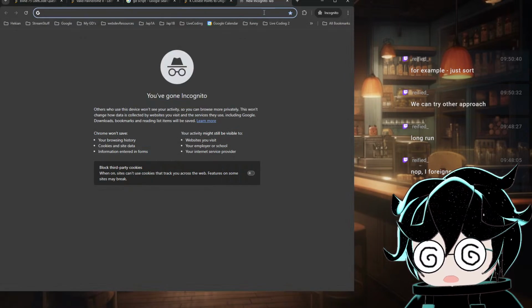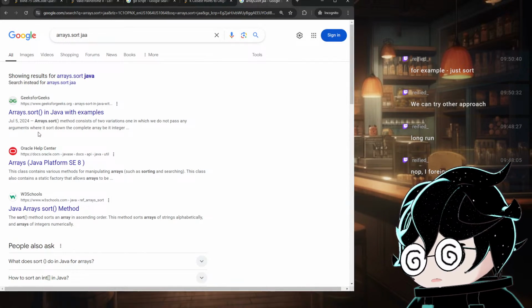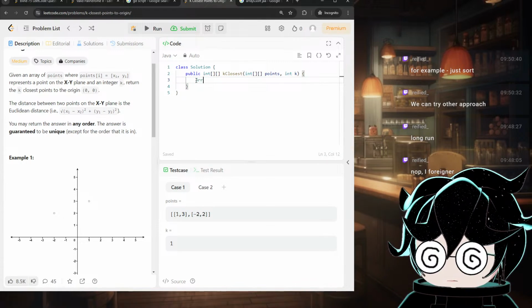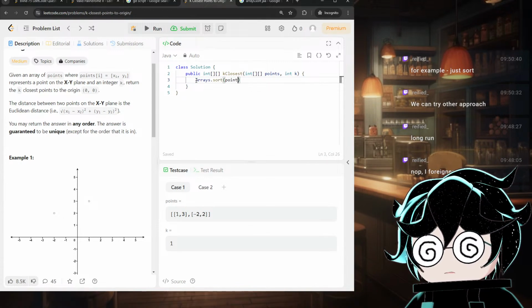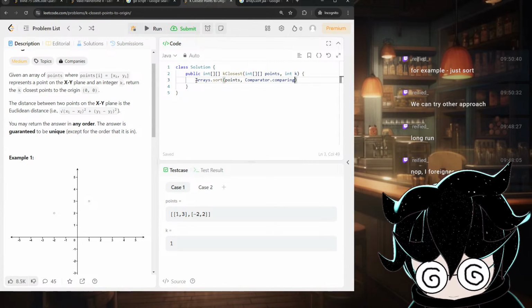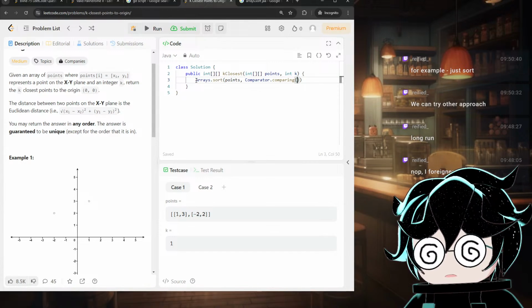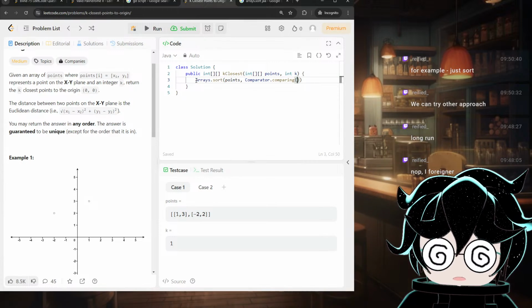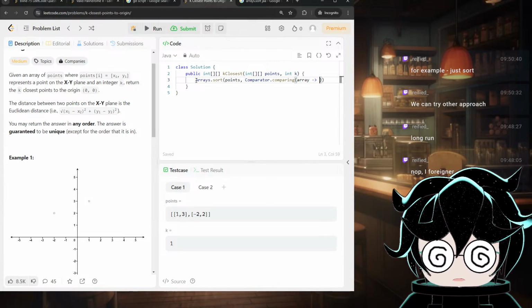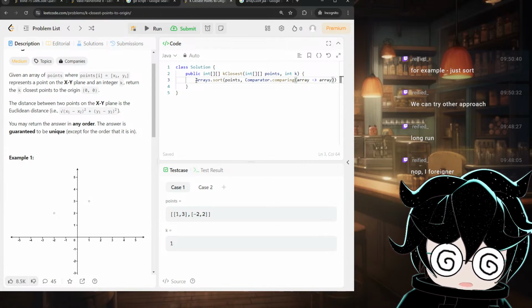Do we have Arrays.sort? Java, we have Arrays.sort. Okay. Arrays.sort points and the comparator about comparing points. It's another integer list, right? So for each array, we sort by